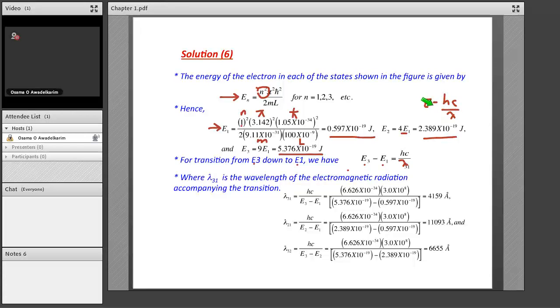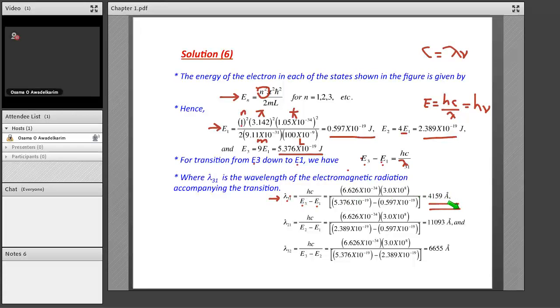That's one way to write the energy of the photon, or we can write it as h nu, where nu is c over lambda because c is equal to lambda nu. c is the speed of light. So if we take this difference, E3 minus E1, and make it equal to hc over lambda, then lambda 3,1, the transition from state 3 to the ground state, state 1, is equal to hc over E3 minus E1, and we get